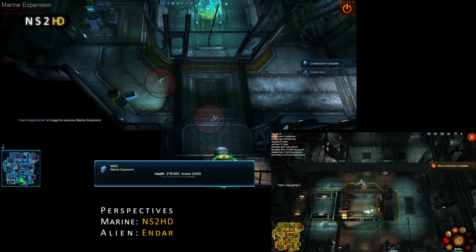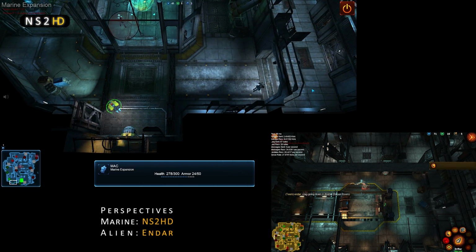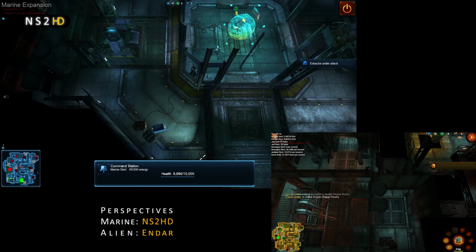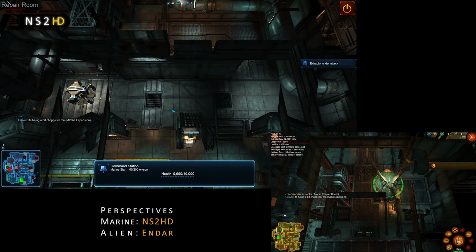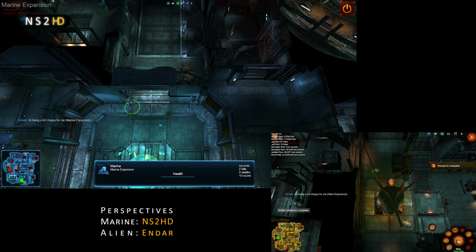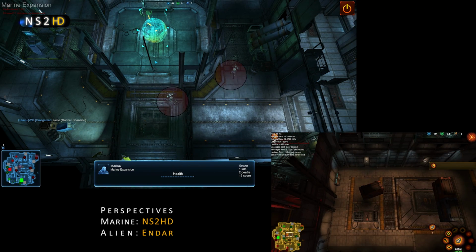The aliens are able to spend a lot more carbon than the Marine team at the start of the game. But that's alright, because it is a beta, and that's what it's all about: finding these things and fixing them, so we may see something for that in Build 162. Another change in Build 162 which will affect this gameplay is that the Marine team is going to lose the northwestern doorway that protects